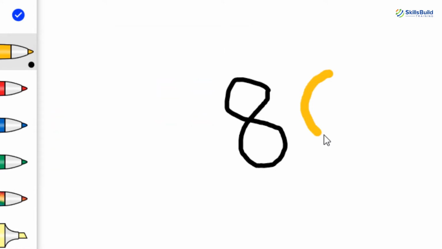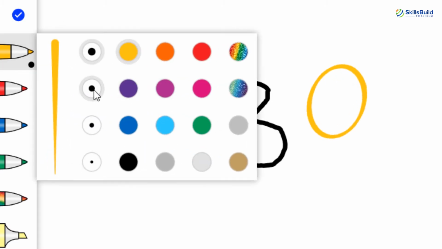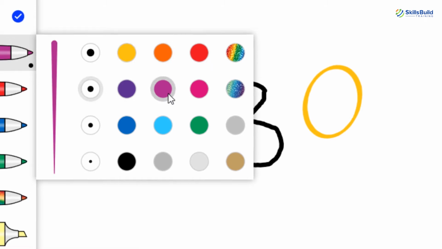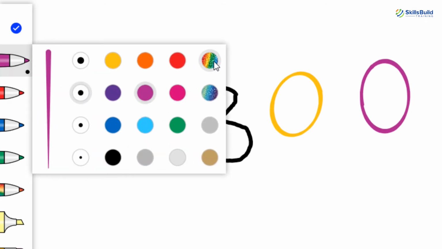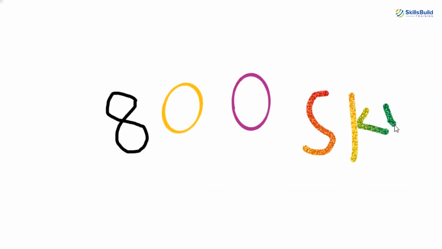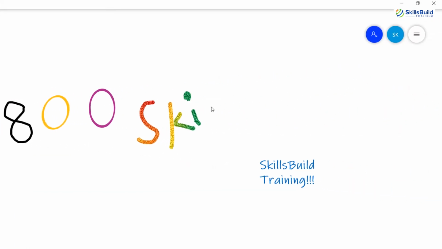So you can actually use the thick pen, and you can write here 80 and again click on it, and now use a bit less thick pen and change the color, and here you can write anything else. You can simply try all of them. Well, one of my favorites is this rainbow color, and in rainbow color always choose the thick one because it will look good with it. Here you can write using the mouse.